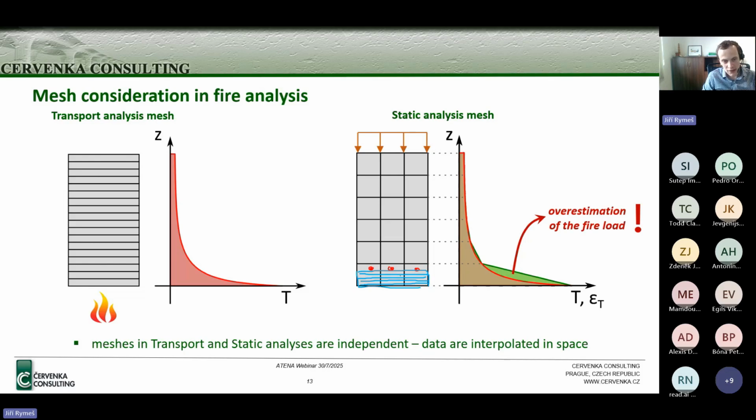It will not be so good from the viewpoint of static analysis, but in this case the load transfer mechanism is mainly through the reinforcement and the concrete over here, and this acts